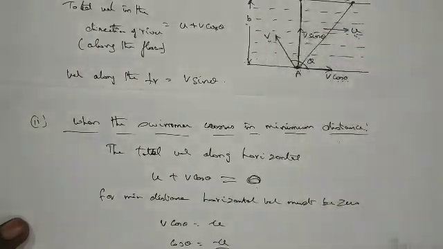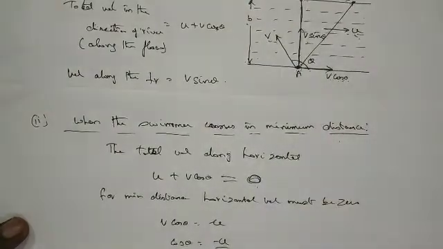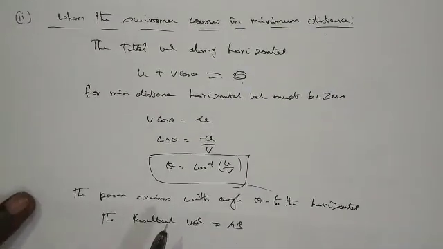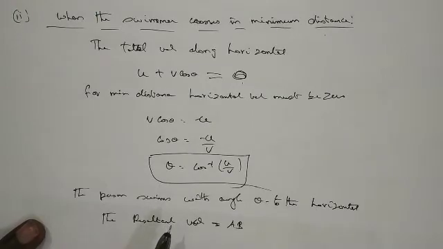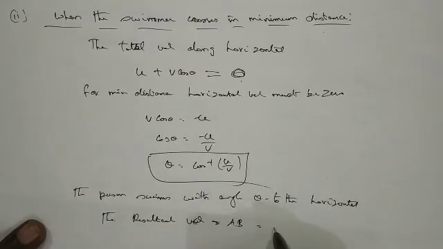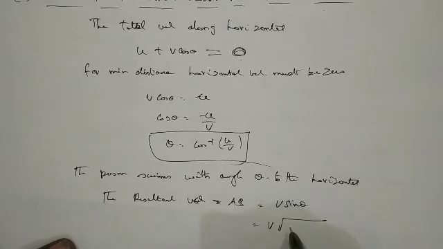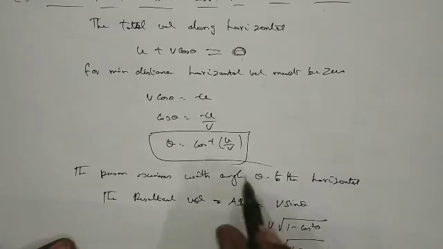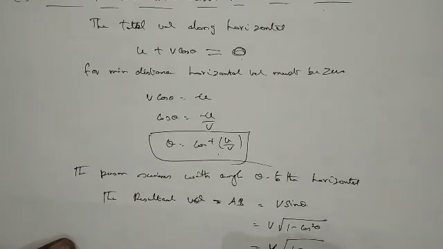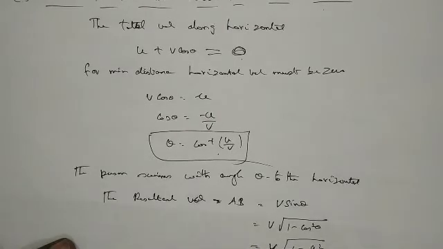Even though he is putting his velocity V and U is the flow here, this is going to be the final velocity. So the resultant velocity, if you want to find it, AB is going to be equal to V sin theta. So what is V sin theta? In terms of cos theta, it is V under root of 1 minus cos square theta. It is equal to V times under root of 1 minus U square upon V square, which will eventually be under root of V square minus U square, the value of the resultant velocity.